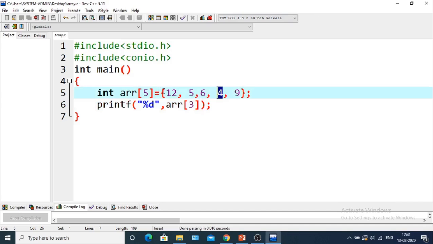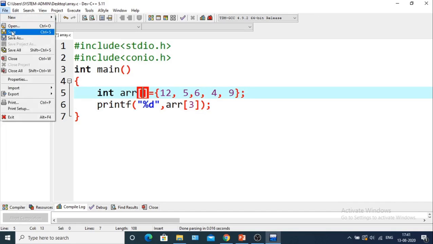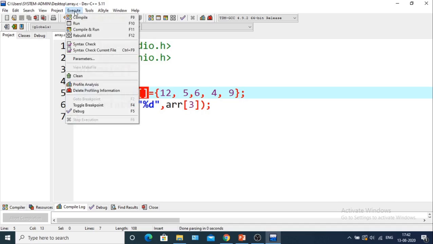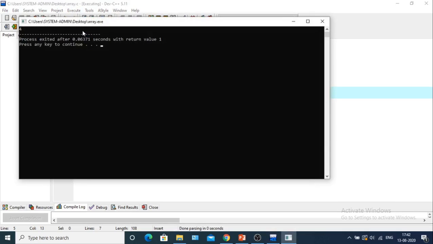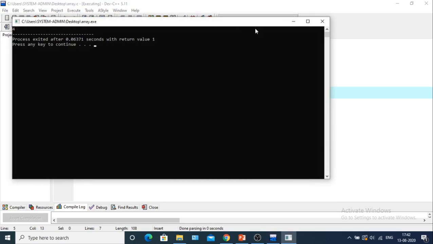Again, we can declare the array in another way. Suppose I am not taking this value 5. Let's save the program and execute it. It will similarly print 4.